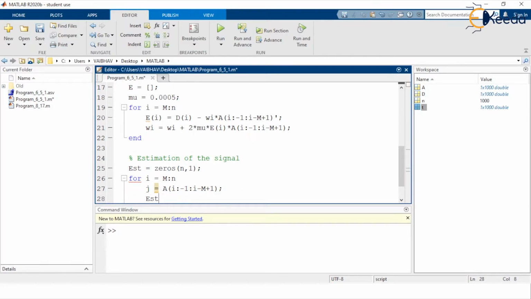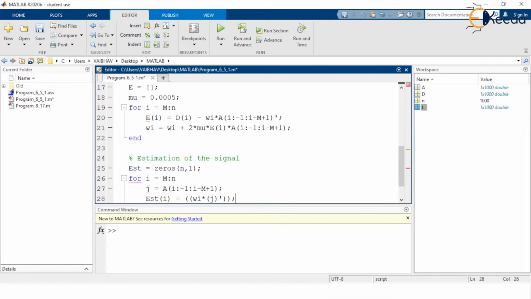Now defining the estimated signal est of i, that is equal to, within the parenthesis, we write the weight factor Wi in multiplication to what we have defined in the above step, j, for the actual signal and the corresponding complex conjugate, ending with a semicolon.